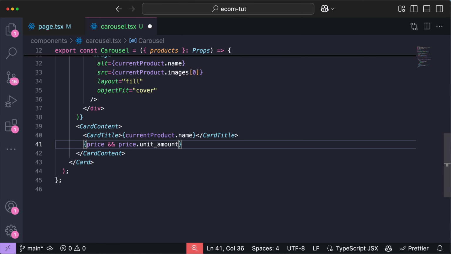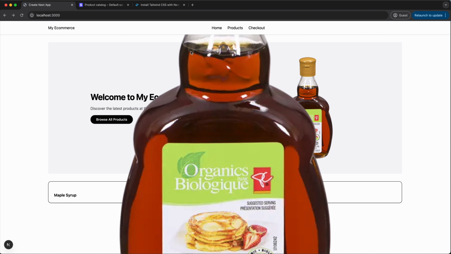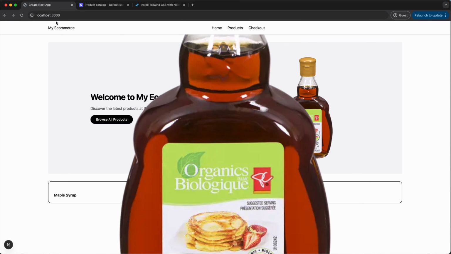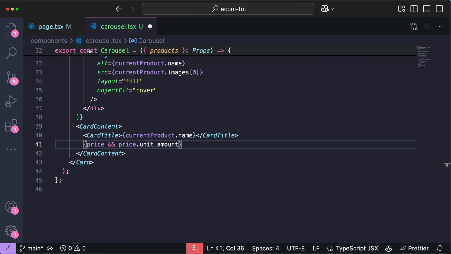Now the unit amount is a value that Stripe gives to us to represent the price of the product, but it doesn't give it to us like this, like $15.99. It gives it to us, I think it would be like 500, like 1,599, something like that. It gives us a huge number, so we have to divide that value by 100 to actually display the correct information. So I want to check to see if it's not null, and then inside of here,